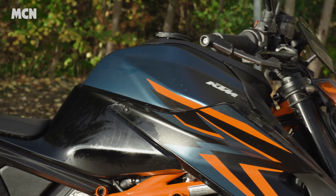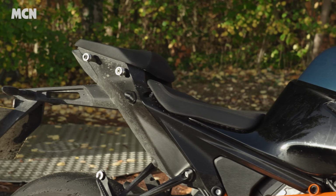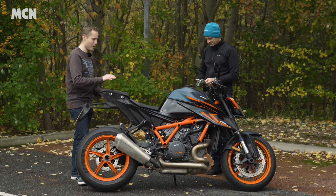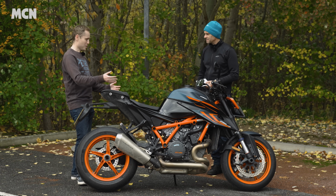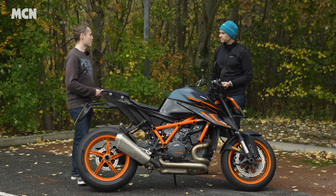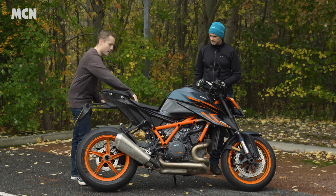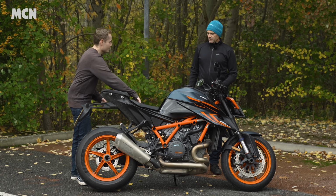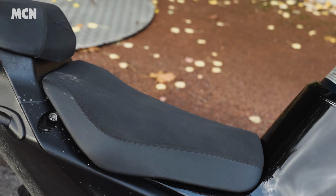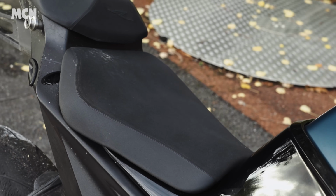Good. Right. Number 7, comfort. What's the comfort like? Well, it's really good, as is the trend of all of these points. But you'd think for something that's got 1290 Super Duke R as the name, that it's going to be uncompromising and a bit extreme, and comfort would go out the window. But actually, this seat, have a squidge of that, loads and loads of padding. That's lovely. And it's a bit more on your wrists than the GT, and the pegs are a bit higher,